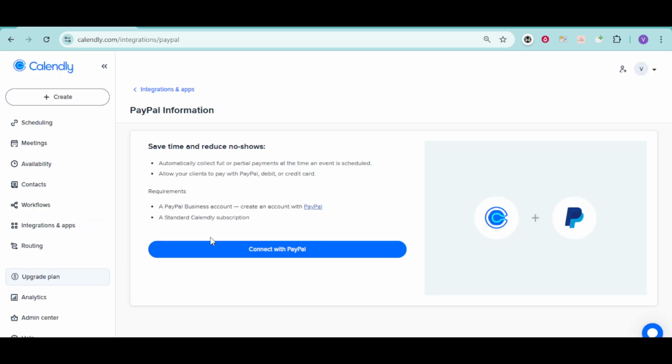On the integration page, you should see an option to connect this service to your Calendly account. Look for the Connect button. This is what tells Calendly you're ready to link your payment account. Click the Connect button. After clicking Connect, Calendly will redirect you to the official Stripe or PayPal website in a